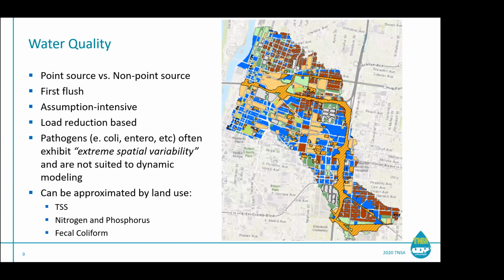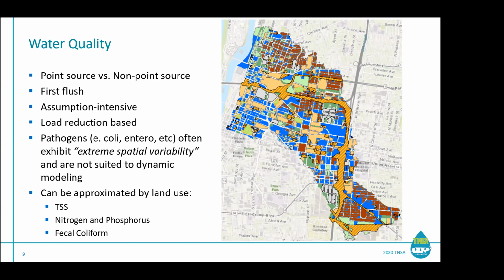And so with water quality, on the right here, that's Gayoso Bayou in downtown Memphis, a really intricate palette of land use. And so in that area, you have all kinds of different point source versus non-point sources. And when you're talking about water quality, generally you're concerned with the first flush, how long has it been since the previous rain, not necessarily how much rain there is. It can be very assumption intensive about how many people in your city are spreading fertilizer, or who the bad apples are with a